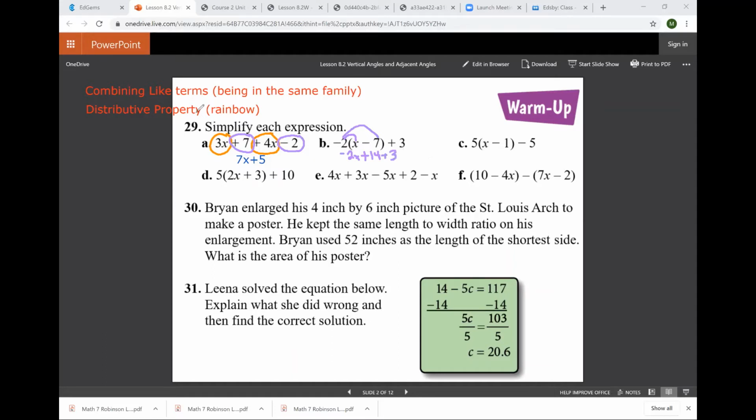Okay? So we've done distributive property, and now we're going to go back to our combining like terms if we can. Okay. So I'm going to pick a different color to draw with. We're still learning about things. So I have a -2x plus 14 plus 3. Well, there's no more terms that have an x, so that's by itself. But I have this plus 14, and I have plus 3. So I can put those together. So my final answer is going to be, and I'm going to write it over here, and I'll write it in blue, -2,